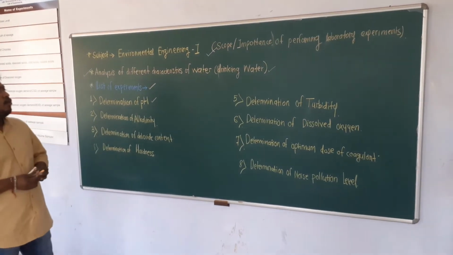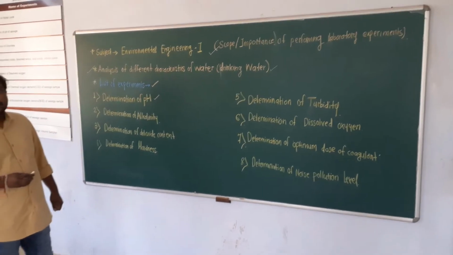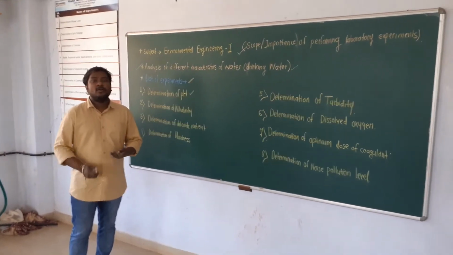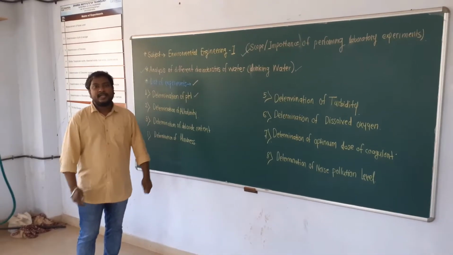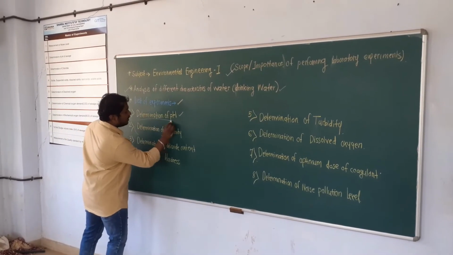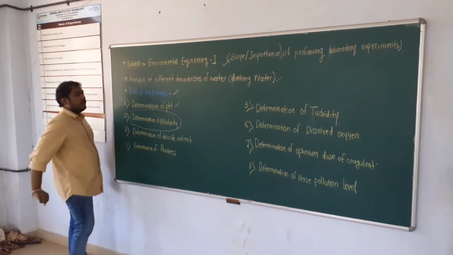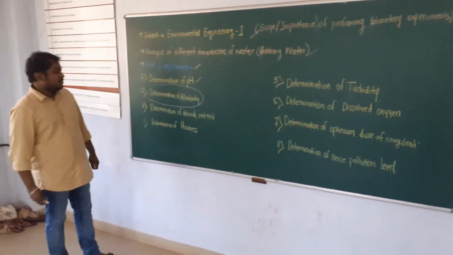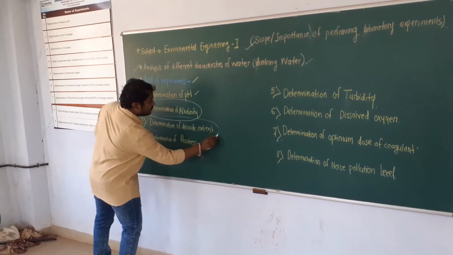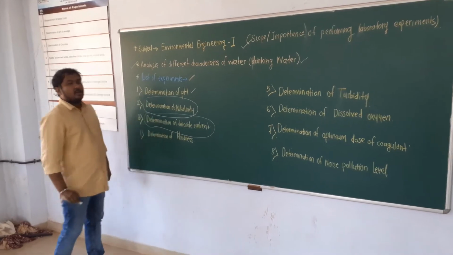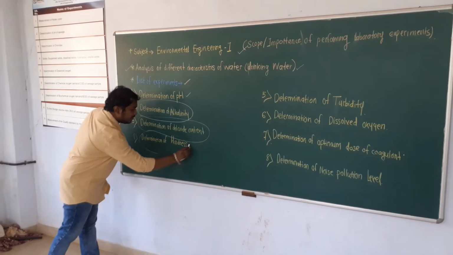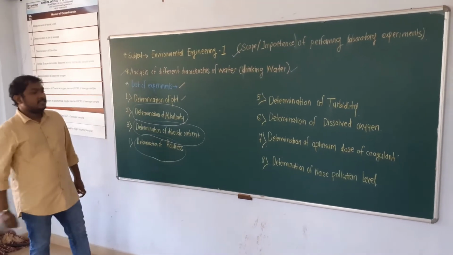First, you will see how many experiments in your syllabus have a procedure that is simple titration, another name for which is volumetric analysis. One experiment is determination of alkalinity, in which you will perform volumetric analysis or titration. The next experiment is determination of the chloride content, and its procedure is again titration. The third experiment is determination of hardness.